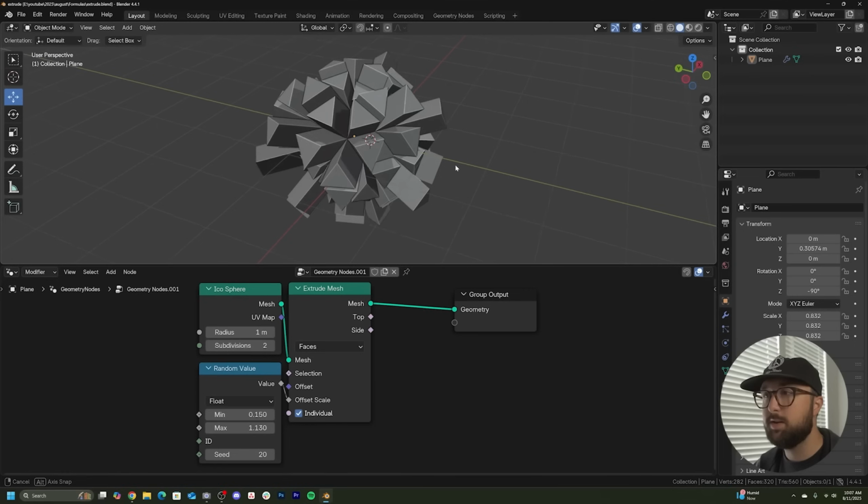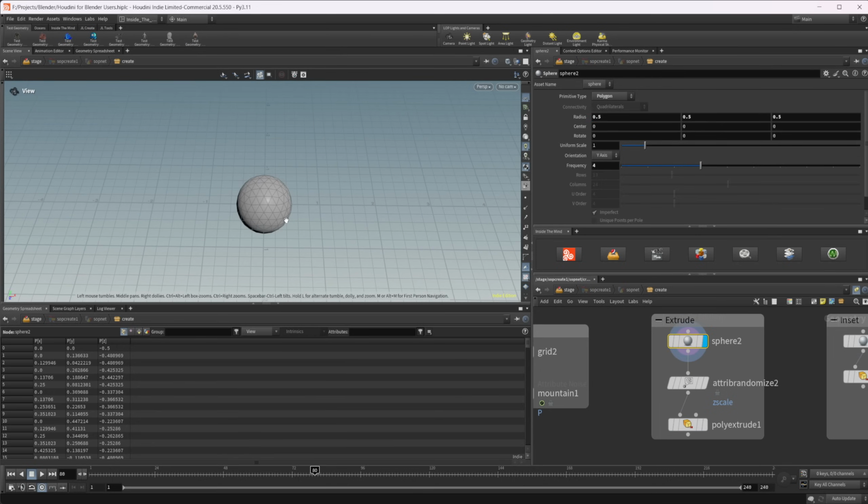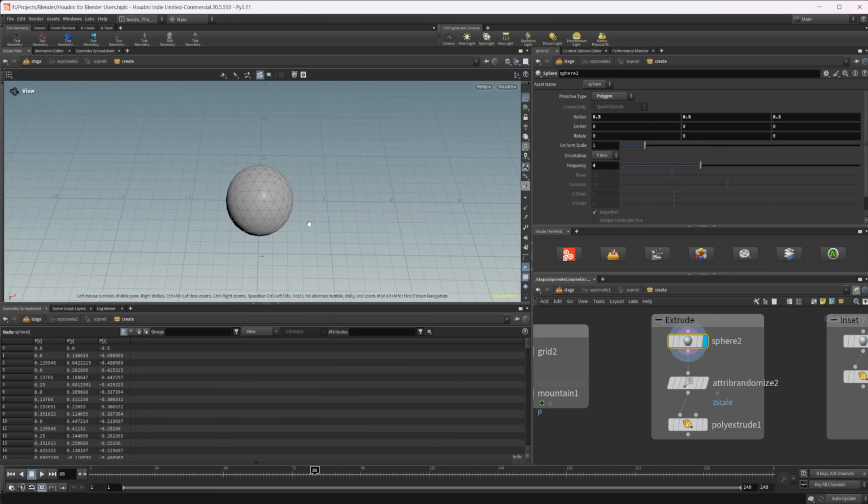The next thing that's talked about is a random extrusion. So we have this sphere that is going to be randomly extruded out. In Houdini, this is the same thing, and I think they call this an icosphere in Blender. In Houdini, it's just called a polygon. So by default, we have primitives and polygon meshes, but we can switch this over to polygon, and we can,